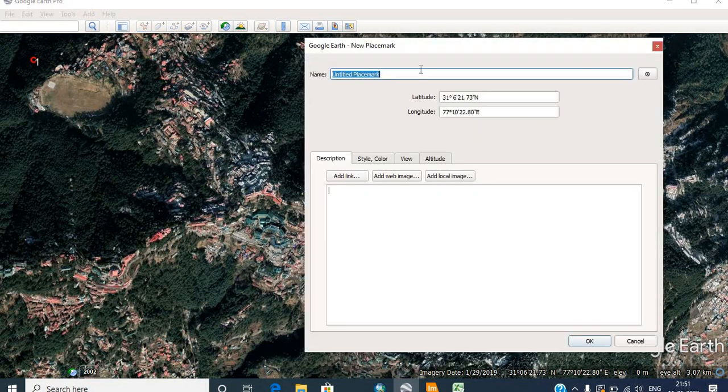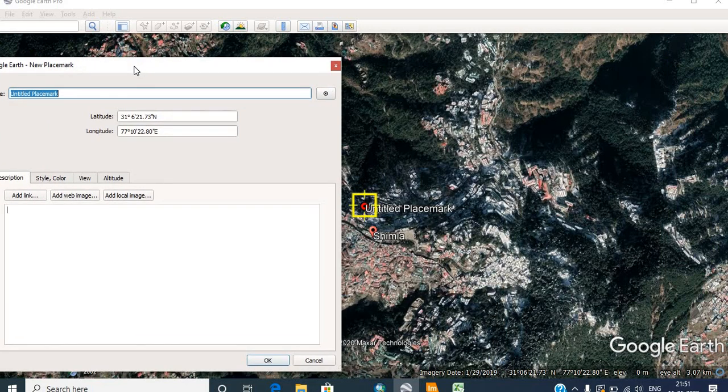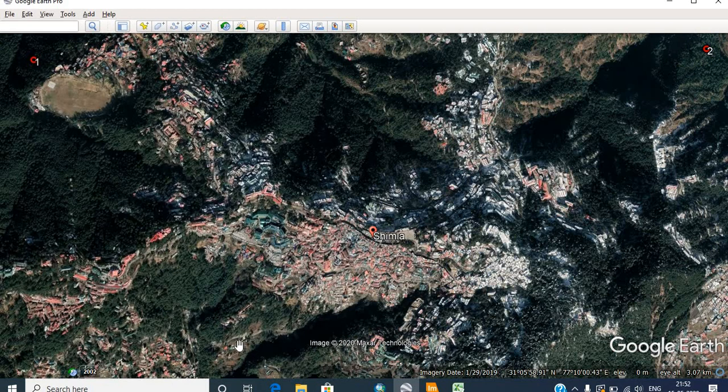And then the second point, it can be named as 2, and we can keep it in the next corner, and then okay.